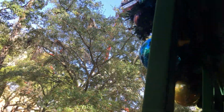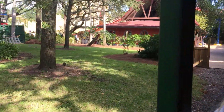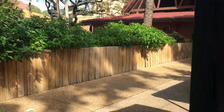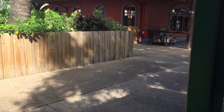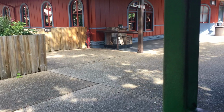Again, remain seated. We're almost there. Almost. Almost. Not yet, not yet. Almost there. Not quite ready yet. Not yet. All right, it is now safe to